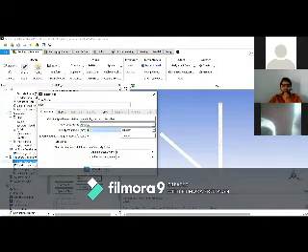We take the inlet velocity value as 8 meters per second. Water comes inside the tube at 8 meters per second. We consider turbulent intensity 5% and turbulent viscosity ratio 10%.